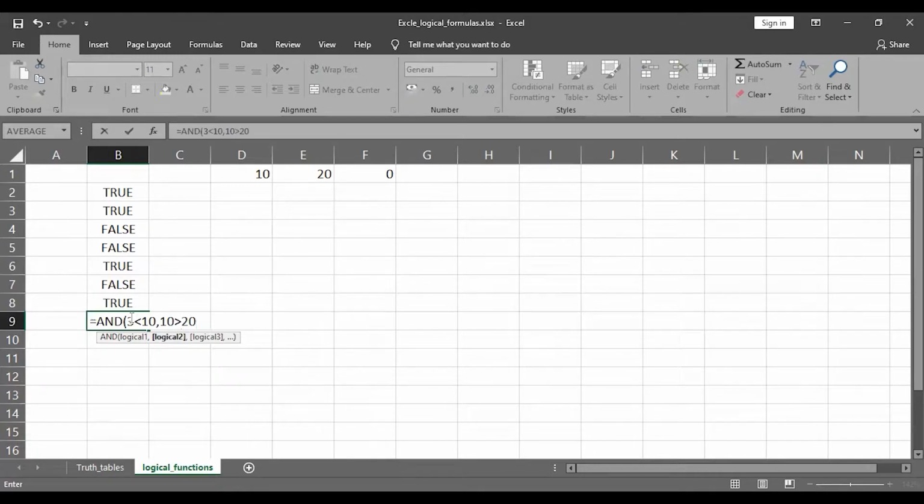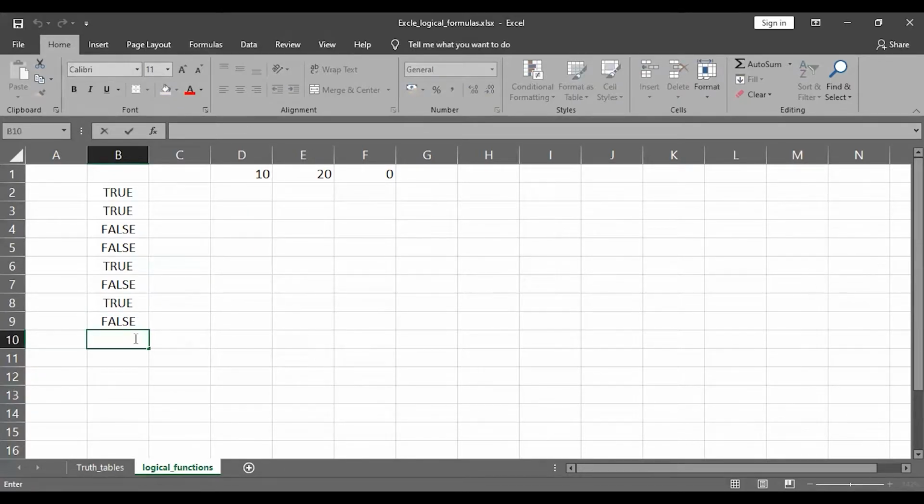As we saw in the last section, greater than and less than operators give me Boolean values, that is true and false. So 3 less than 10 is going to return me true, and 10 greater than 20 is going to return me false. So AND of true and false is going to return me false.